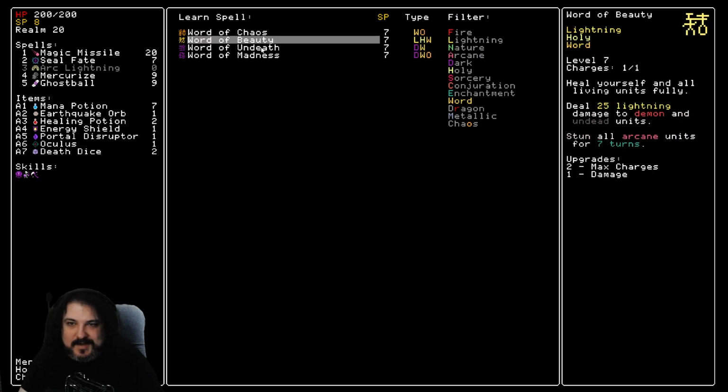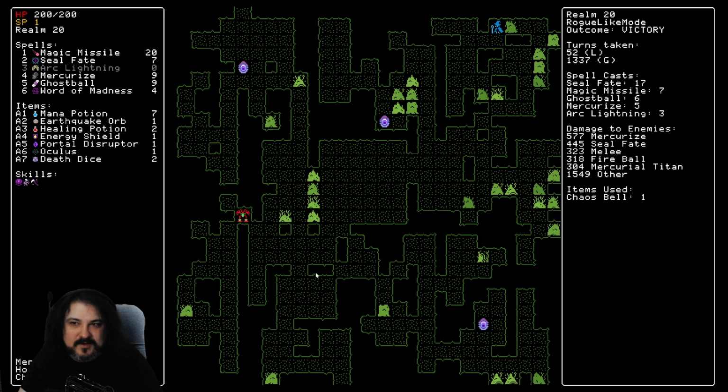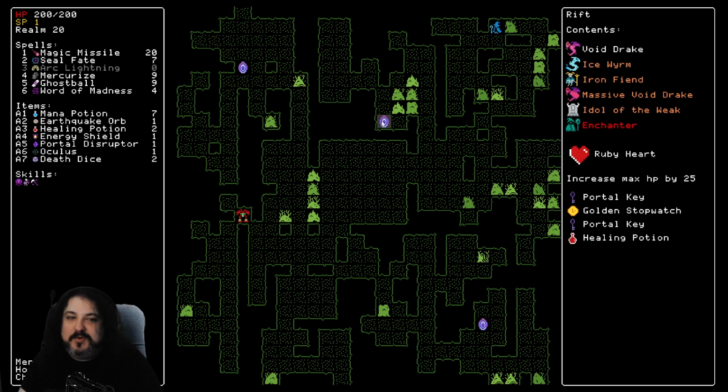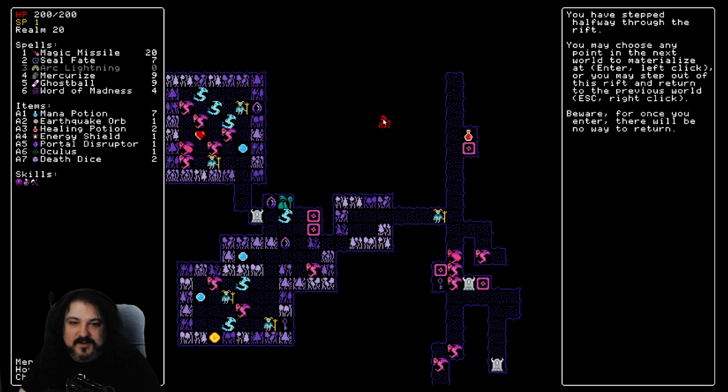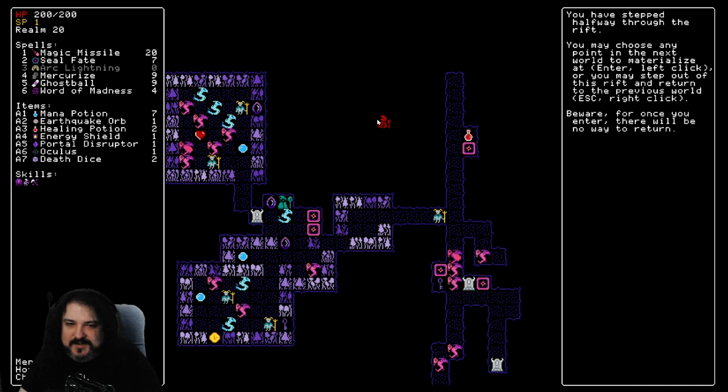So yeah, I think Word of Madness will be very handy going forward. And it's also dark, which means we'll get cast back all the time. Mana potions, healing potion with a ruby heart. I really hope this is a manageable floor. Sorta, kinda. There's a big gap here that these guys could fly into, but...